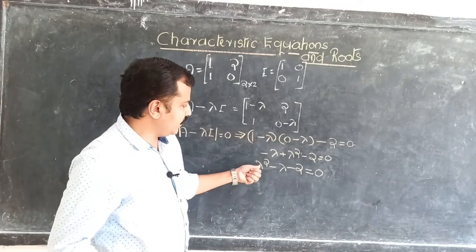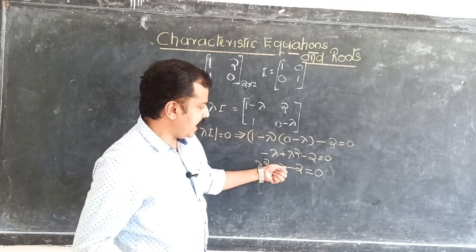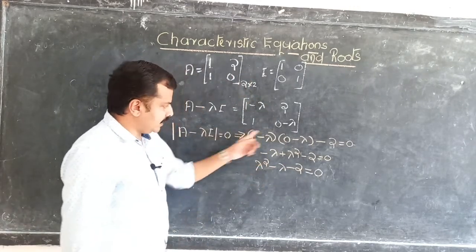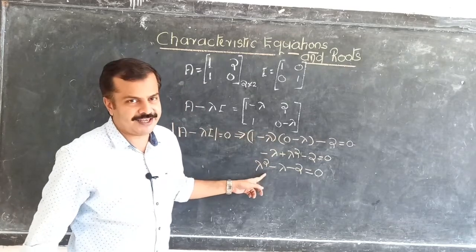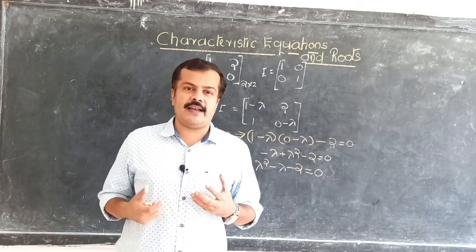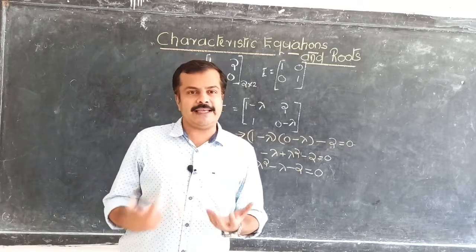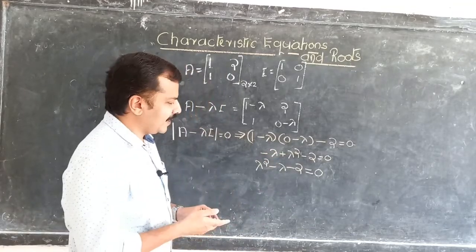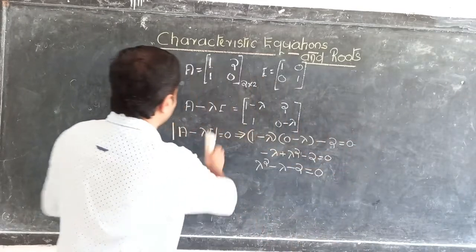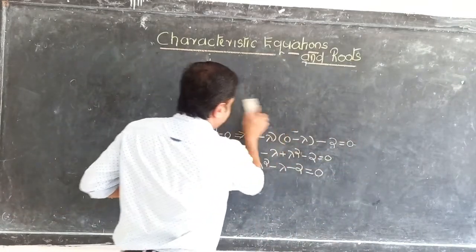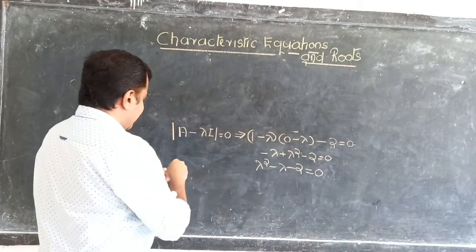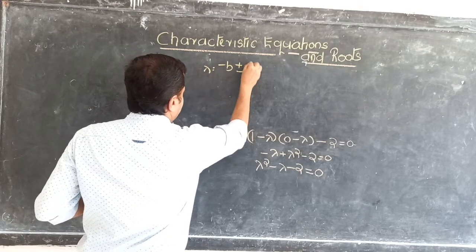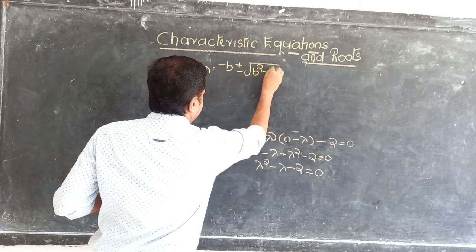We have a quadratic equation where lambda square minus lambda minus 2 equals 0. Once we solve for this particular equation, this equation is in fact the characteristic equation. So what we need to find out? We need to find out the characteristic roots or eigenvalue or the latent value, what you want to call it. To solve a quadratic equation, we can use our high school algebra formula for finding the roots. We know that in this case lambda equals minus b plus or minus root of b square minus 4ac by 2a.